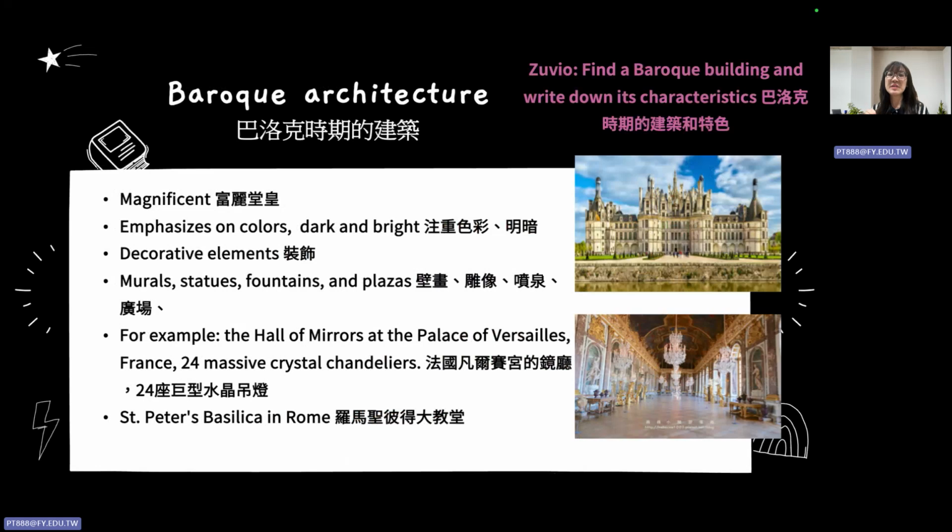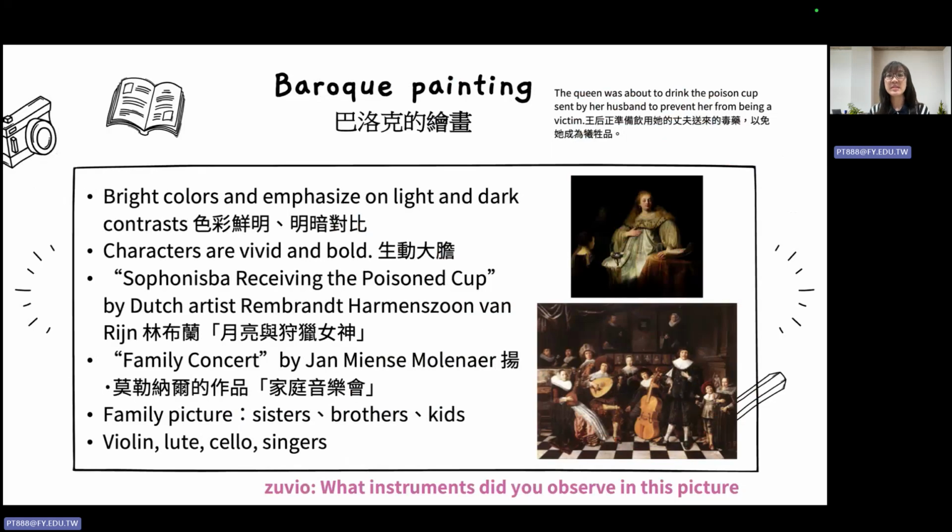So you can see those Baroque characteristics in mirrors, statues, fountains, and plazas. 好，那就比较呈现装饰性啊，注重颜色的对比，明暗的对比。Okay, for example, the Hall of Mirrors at the Palace of Versailles in France has 24 massive crystal chandeliers. 好，那个镜厅呢，它就有24座的水晶吊灯。And the other example is Saint Peter's Basilica in Rome. 另外一个呢，巴洛克时期的建筑就是圣彼得大教堂，罗马的，在罗马。